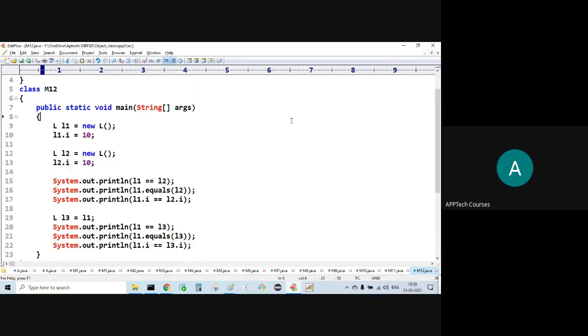The output is false, false, true, true, true.